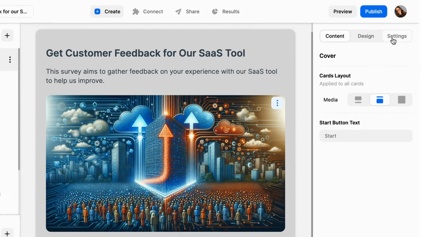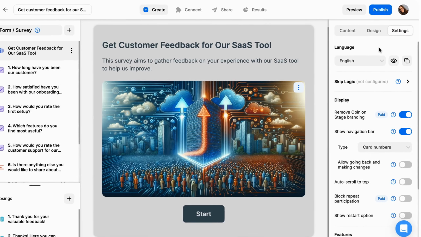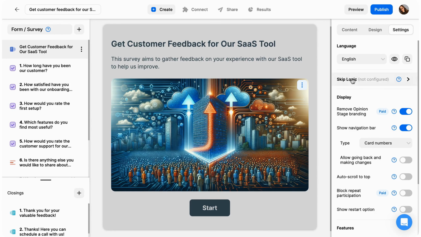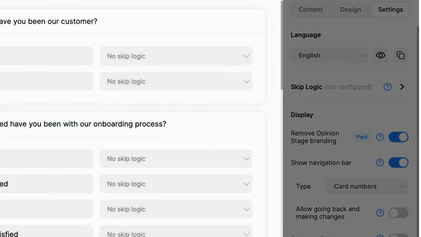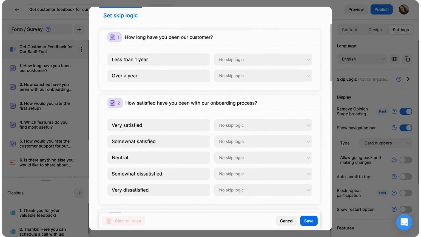To apply skip logic, open the Settings tab on the right-hand side. After that, we see the Skip Logic section, where we can set up our rules. In the first question of our customer feedback form, we ask customers how long they have been with us. If they choose less than 1 year, we want to show questions about onboarding and setup. If they have been with us for more than 1 year, we want to focus on more advanced questions about